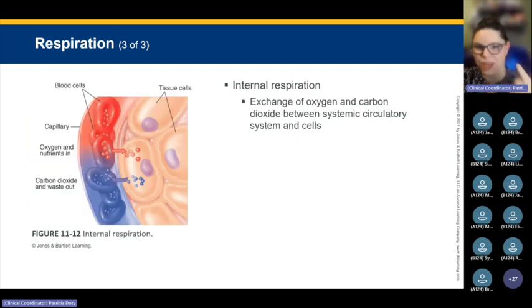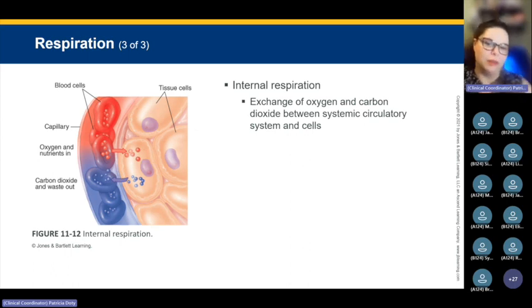Now, here we go. Internal respiration. This is the exchange of oxygen and carbon dioxide between the systemic circulatory system and the cells of the body. So as you can see here on figure 11-12, you have that internal respiration, and you see everything moving. The oxygen is going to pass from the blood in the capillaries to the tissue cells, and then carbon dioxide is going to pass from the cells into the capillaries. Then that blood is going to be transported through the venous system back into the lungs, and that's going to